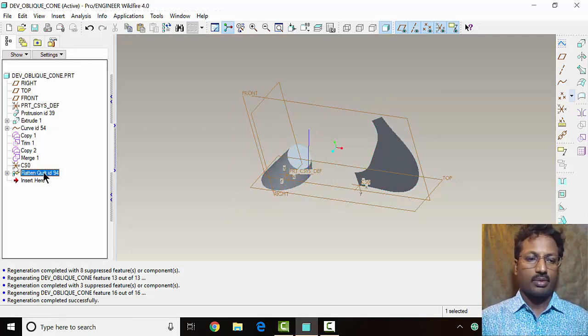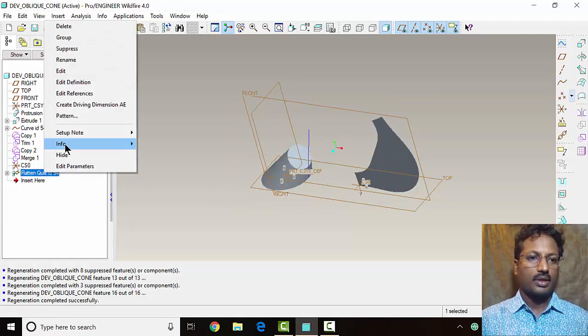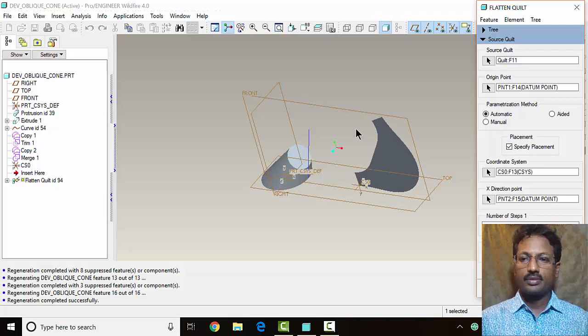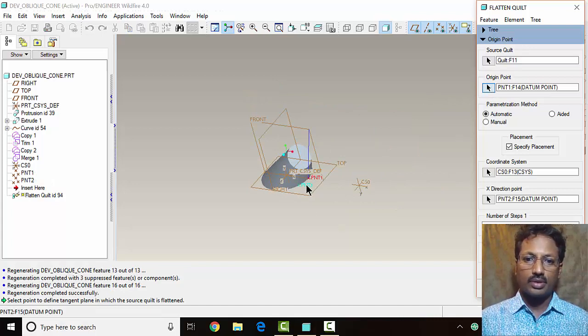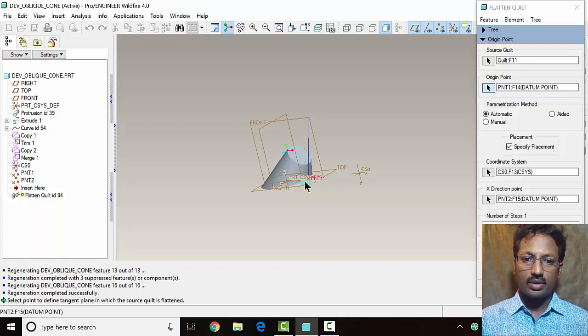Now go for this pattern fill, right click it, go to edit definition, and here you have the origin point. The origin point is somewhere here. So this is where we have the origin point,